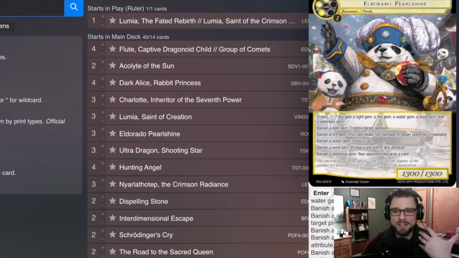Next we have Napoleon Bonaparte himself eating an apple for some random reason. But when this boy comes into the field, you get 1 of each gem, and they all go into your item zone if you're not familiar with how gems work. And you get a light, fire, water, wind, and darkness gem, and you can remove them for a variety of abilities, including destruction of additions, damage to J Resonators or to your opponent, drawing cards, making additional will, and making